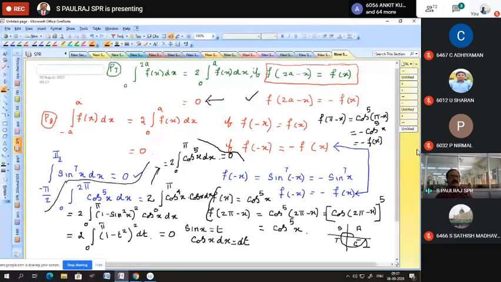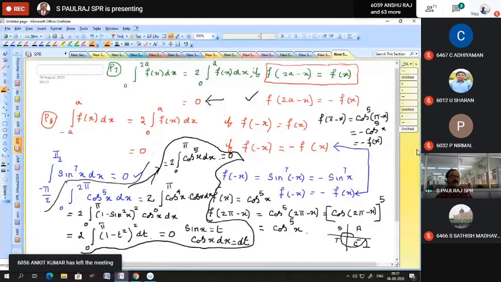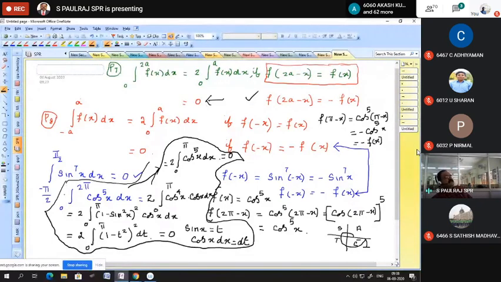Sir, shall I do it in CBSE? Yes, you can do it, no problem, but you should know how to apply the limit. Maximum in CBSE they never ask this type of problem. If at all they ask, this year they may ask it as a 1 mark question, because there are some chances of asking it by using the property.